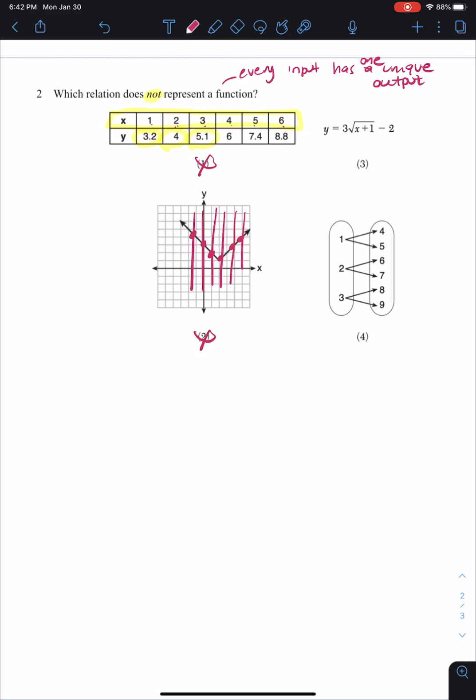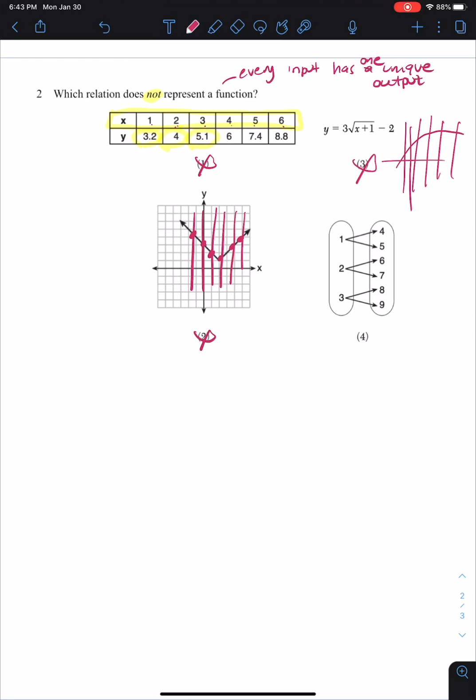Option 3 is a type of function that we haven't yet explored in class, but that's okay. I would recommend plugging this into your calculator to see the graph. And when you do, it's going to look something like this. And again, this function will pass the vertical line test. So even if you didn't know what option 3 was and you couldn't decide, if you looked at option 4,